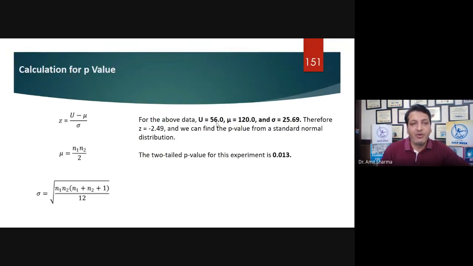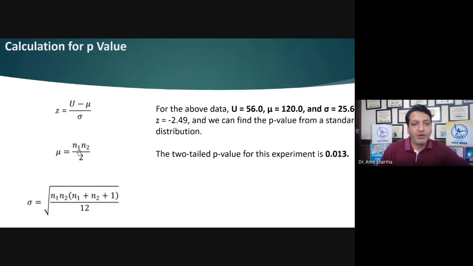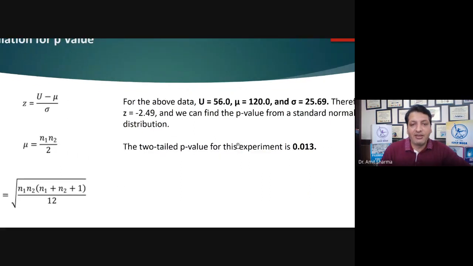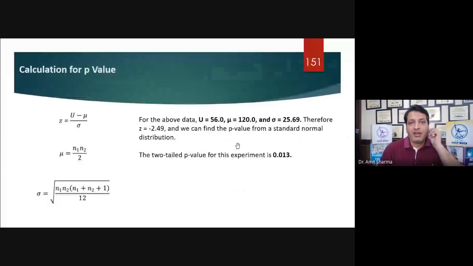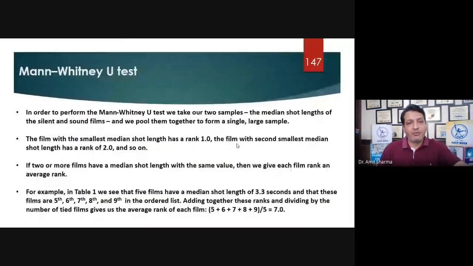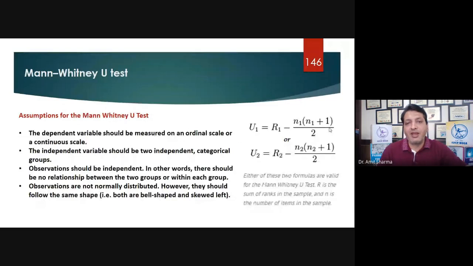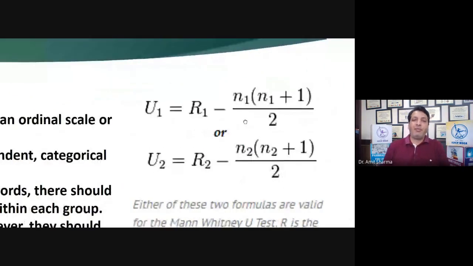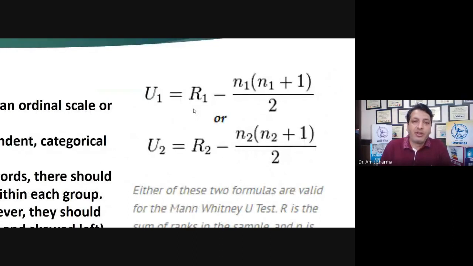So as per the magnitude rule or as per the formula, you can calculate the value of U. And if you have the value of U, by using the z score for both groups, n1 the first group and n2 the second group, divided by 2, you can get the exact p value by using the table. This is another formula by which you can calculate the Mann-Whitney U test. This I'll teach you tomorrow. Here U1 represents male, and U2 represents female, and N represents the number of observations in each group.